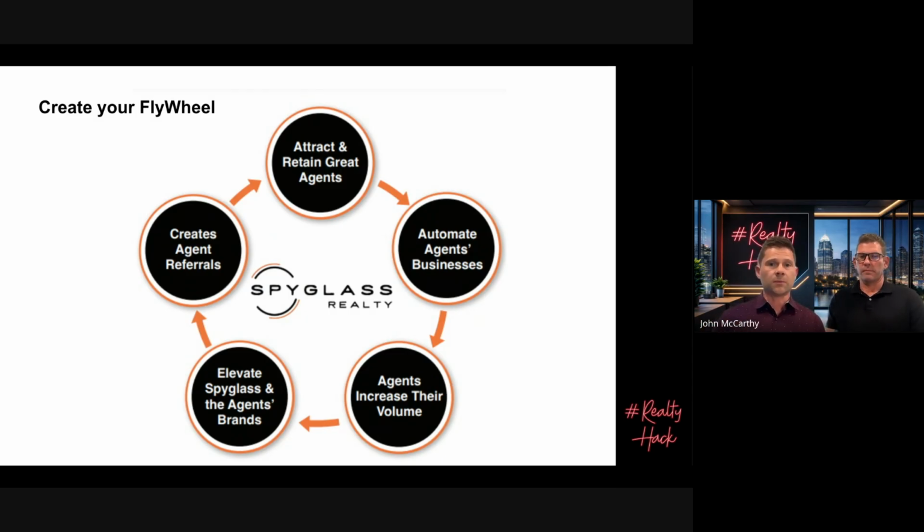Everything that we do is promote our agents. Our agents are our clients, as well as the buyers and sellers who are clients of our agents. So the more business that we can do and the more we elevate our brands, the more referrals we're going to receive. We as a brokerage want to receive referrals for real estate agents coming to our brokerage. Our agents are the number one source for agents to join our company. And we want our agents to have more buyer and seller clients. So by feeding into our flywheel, you're exemplifying our core values, knowing what we stand for with our mission statement, knowing how we operate, and plugging yourself into our flywheel. This is the order of operations, and this is why we're successful. And we just need the right people to plug right in. And then I'll go to the next one.